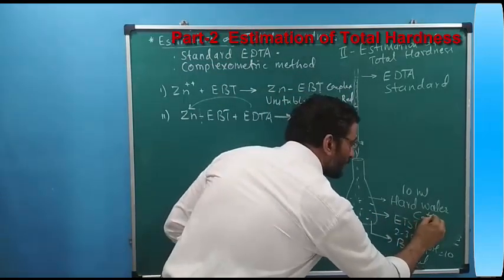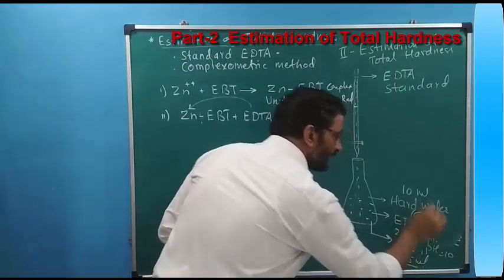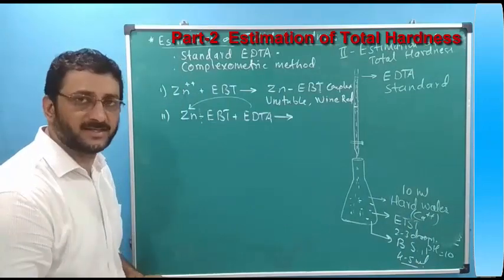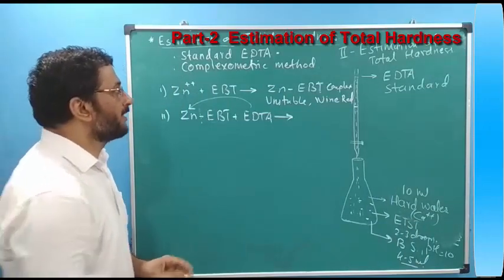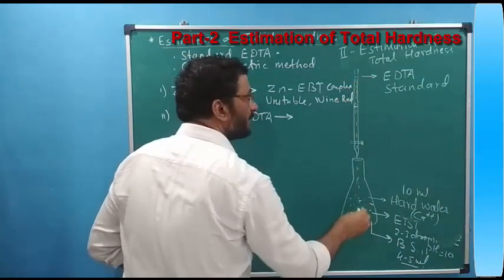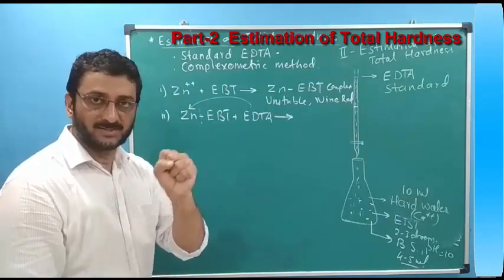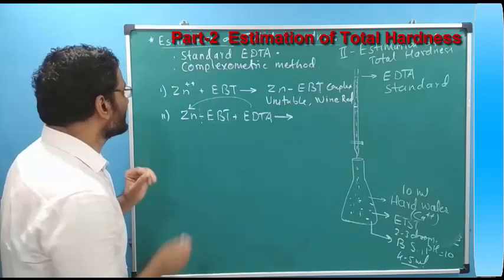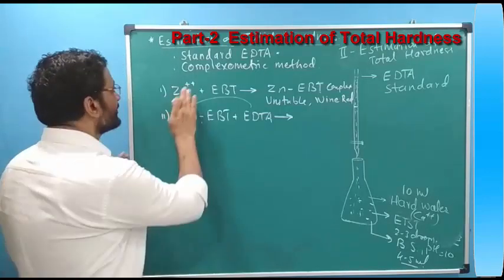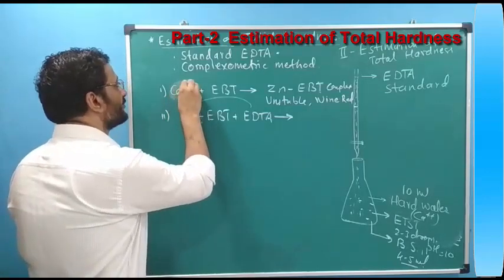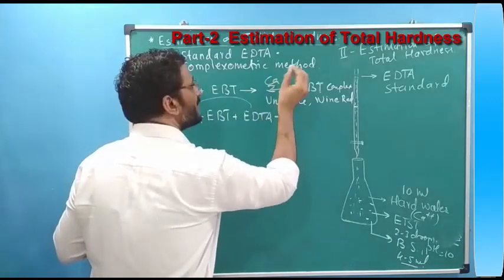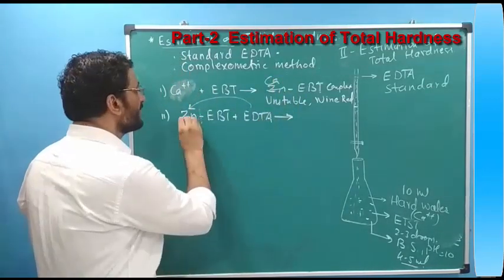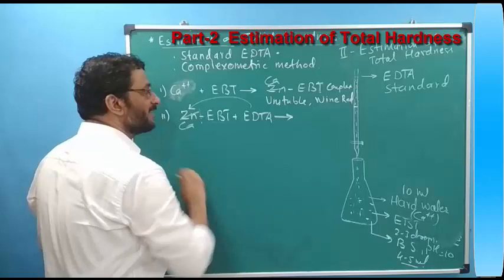Say a certain number of hardness causing ions are there. Say calcium ions are there. Fine. EDTA again will be added. EDTA will trap the calcium ions, the soluble hardness causing ions, and see the reactions. Instead of zinc you write calcium. So there will be a calcium EBT complex. There will be CaEBT. We are adding EDTA.